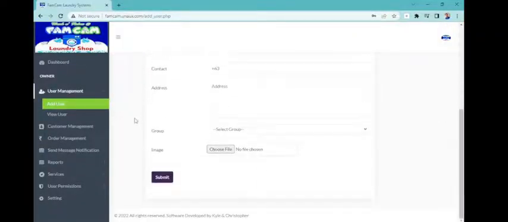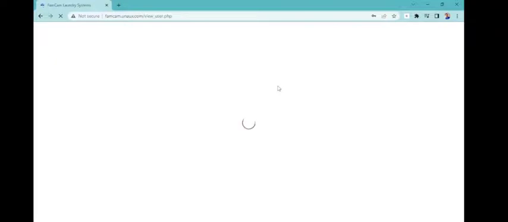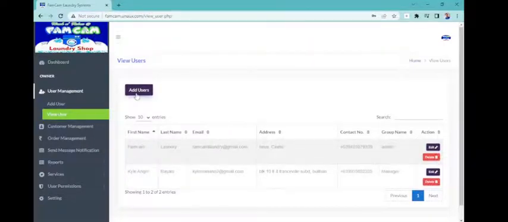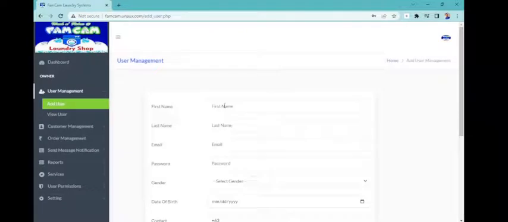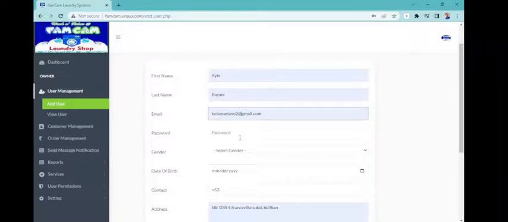and then the view user. So as we can see here, I have my info inserted in here, and then we will try to add users. We will try to add another similar data with me. So password, gender,